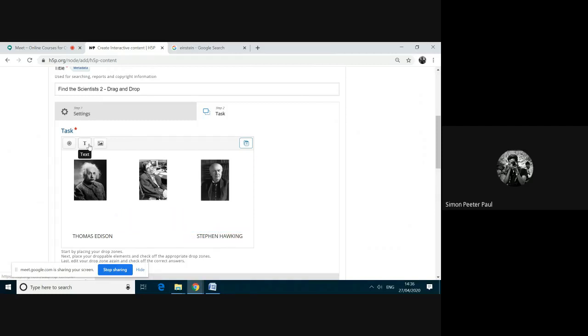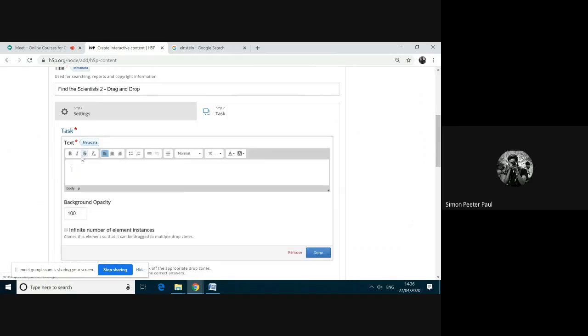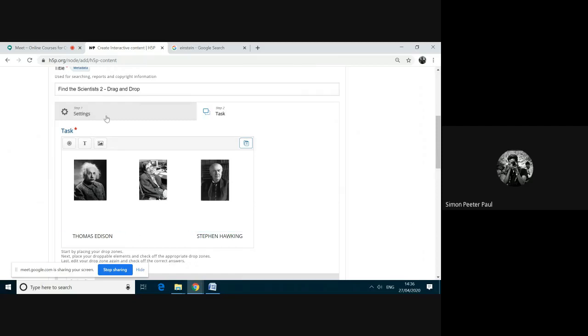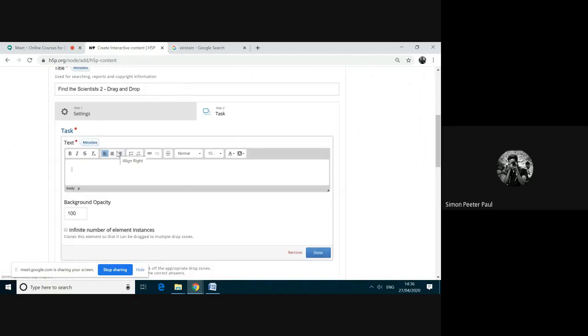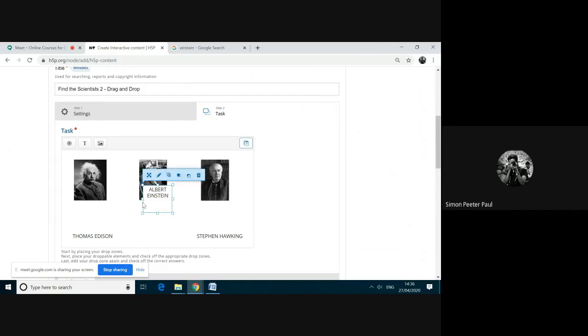Again, to add the text: Thomas Edison, Stephen Hawking, Einstein. Now I have added 3 texts.